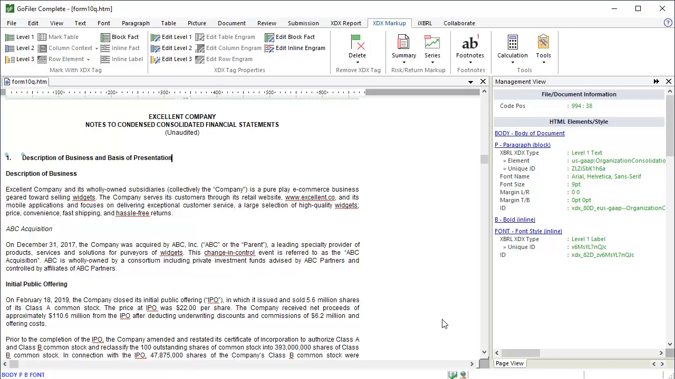I have our sample document open. I have already performed the Level 1 and Level 2 tagging for this document. My document contains 6 tables in the notes to financial statements. These tables are located in 3 different notes. Let's navigate to the first table, which is in Note 3,